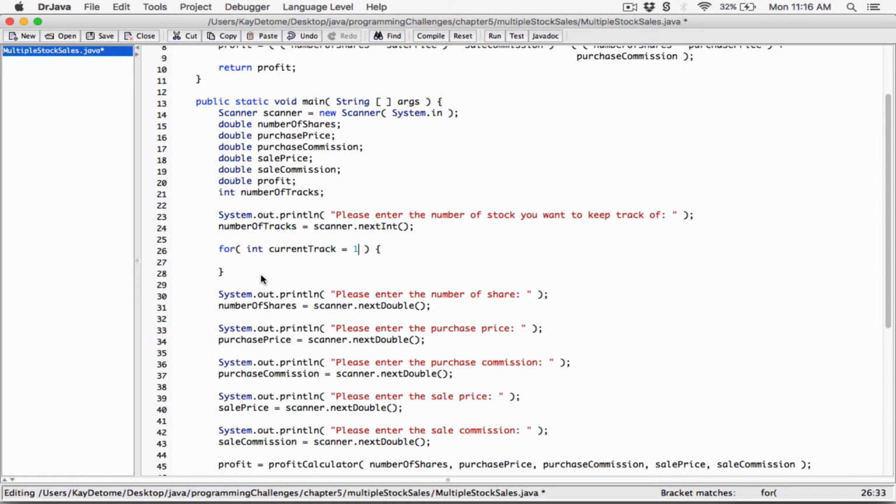is equal to 1. So for integer current track is equal to 1, I'm starting from 1. As long as current track is less than or equal to the number of tracks, do what's in the for loop, and before you come back up and check to see if the current track